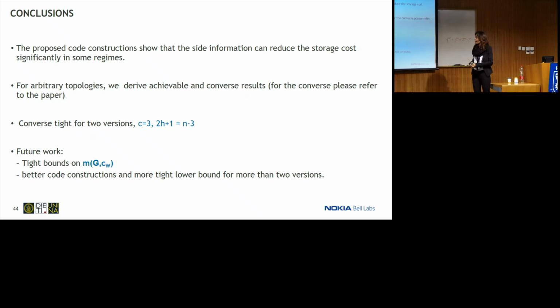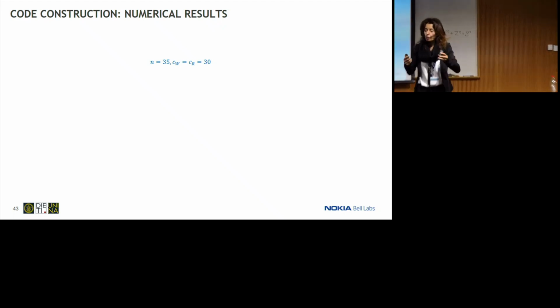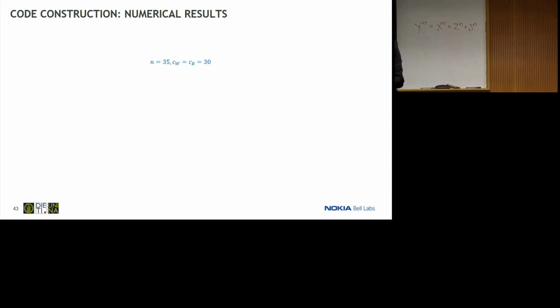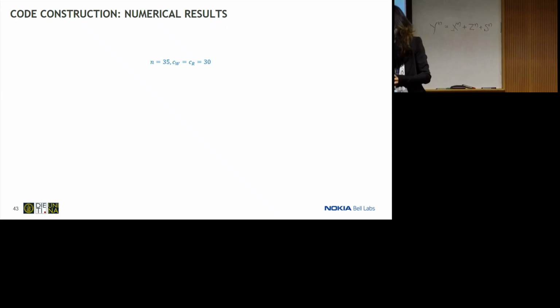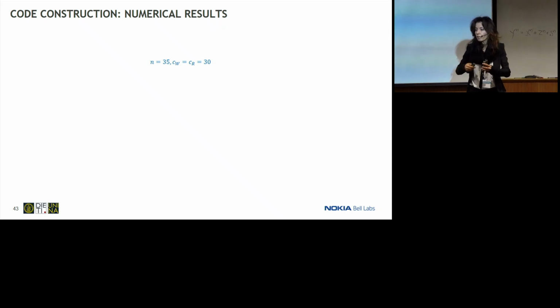But the idea here is that, yeah, the point is that this is true for load balancing. But think about a static version. This is not a different file, this is a different version of the same file. So you really don't want to do load balancing with different versions of the same file, right? You want to do load balancing with the same file. So what they can do right now is just replicate. Even if they use MDS codes, they don't actually, they just replicate this version in order to guarantee consistency.